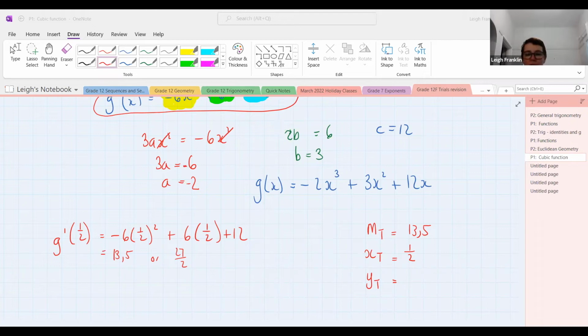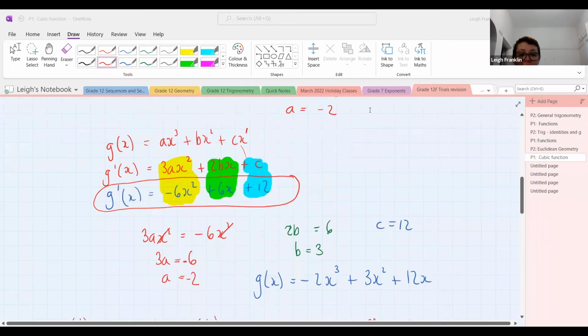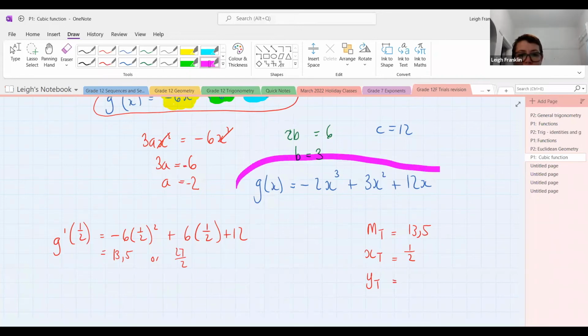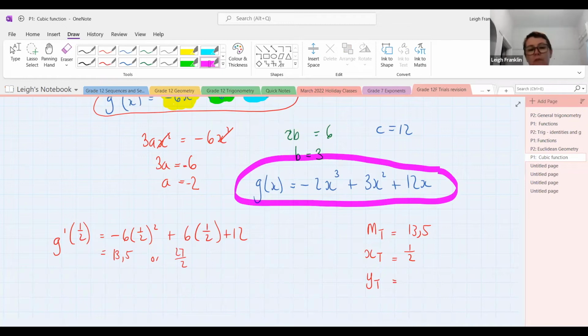Anybody know where we're going to get the y coordinate from? There we go. Well done, Leander. Perfect. Okay, so we sub back into the original form, the one that we've just calculated. In other words, this one over here, I'm just going to put a pink ring around it for us. Okay, we've got to go and sub back in here,